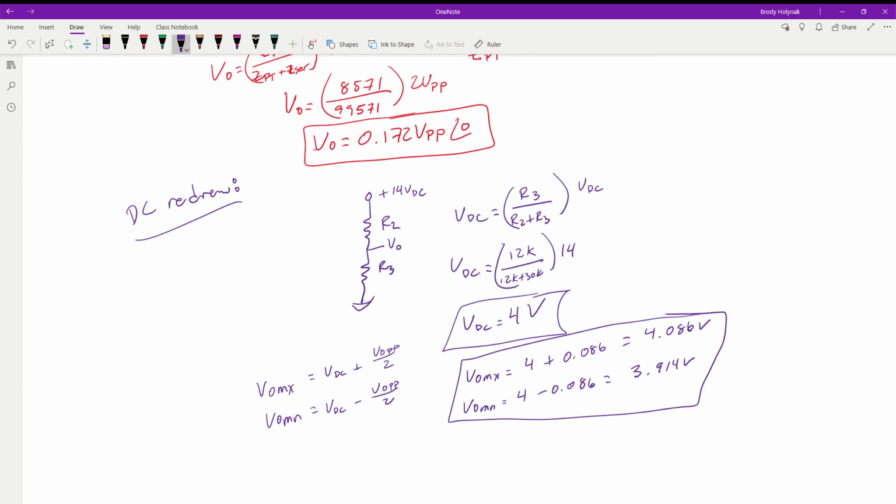The idea behind this really is that this is the precursor to amplifiers. This is how they're all going to be set up. You're going to have a DC portion, which is going to bias the transistor, partially turn it on and get it ready, and then you add in an AC signal, and that's going to be amplified through it based on our output. So, like I said, this is the precursor to transistors. So it's very important to understand that it's just a simple DC circuit and a simple AC circuit.